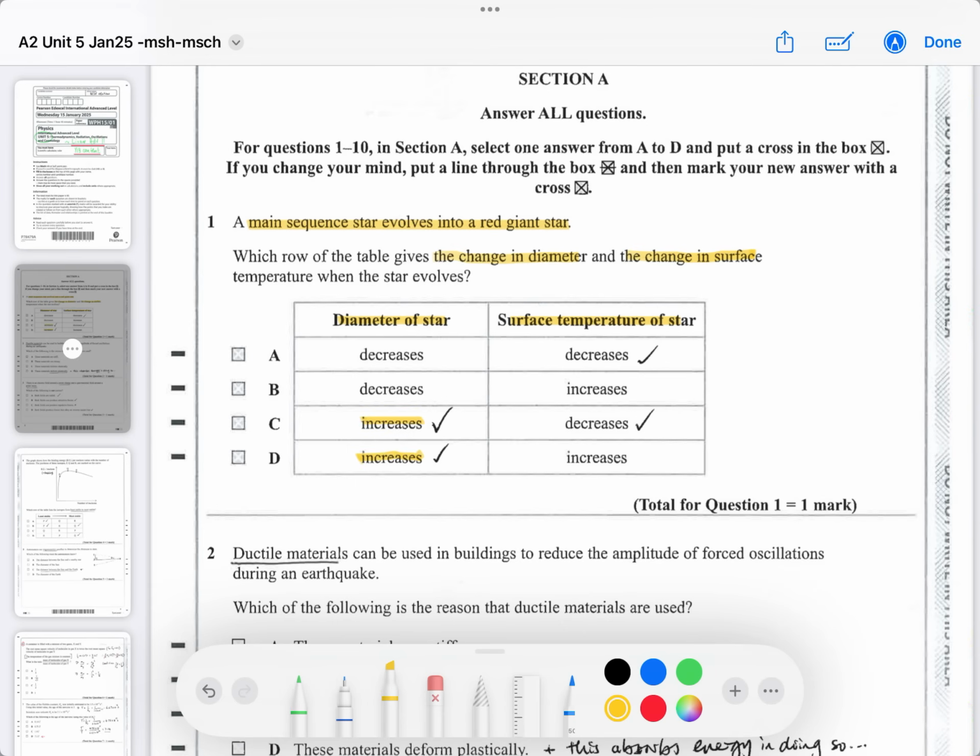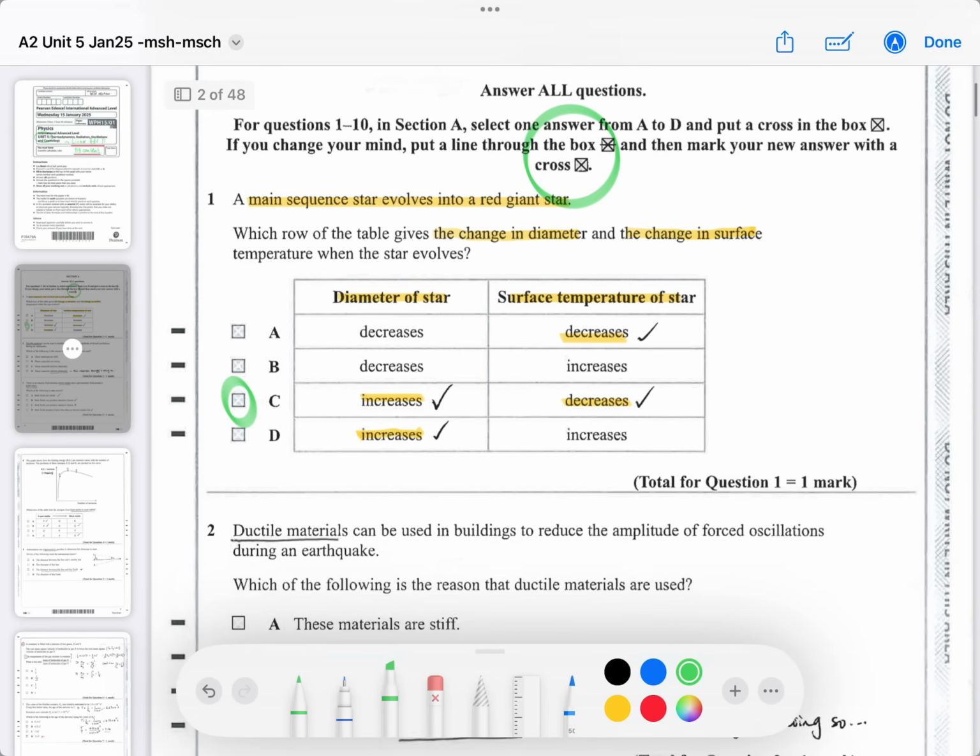Okay, so the question is, does the surface temperature decrease or increase? The surface temperature of an expanding gas decreases. Okay, so expansion actually causes part of the reason why it decreases. And you don't need to know the rest of it for this question, so the answer is C. Okay, that's where you should put your X. So remember, this is how you do your answers, or if you want to correct them, it tells you what to do,